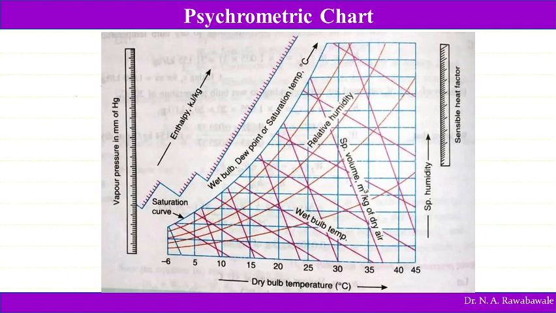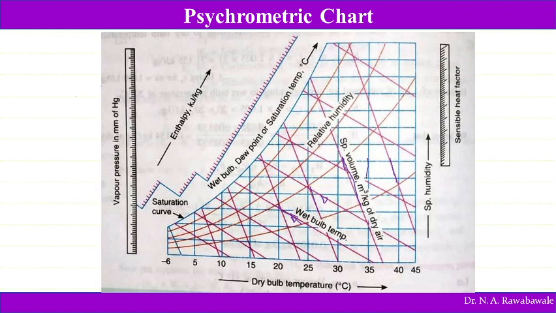Then all these lines are combined in a psychrometric chart to have the combined study, or to derive the properties of moist air. Here we can see this line is a wet bulb temperature line, an inclined line. These wet bulb temperature lines also indicate the enthalpy, whereas the specific volume lines are parallel to each other and equispaced. Specific volume will be written along these lines.